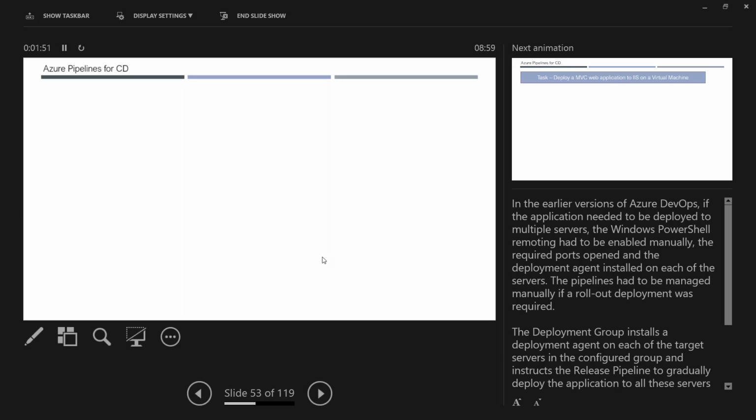The flow will be stopped, and the people will log into the portal and do some checks. They want to verify some statuses or some external systems. It's all manual. Once they are happy, they will say approve. Then it will go to the production environment. So this is called continuous delivery.